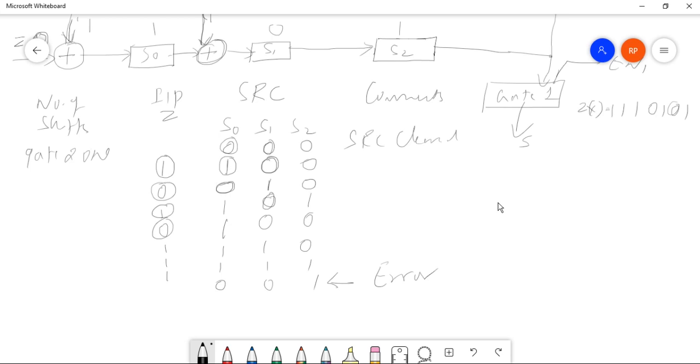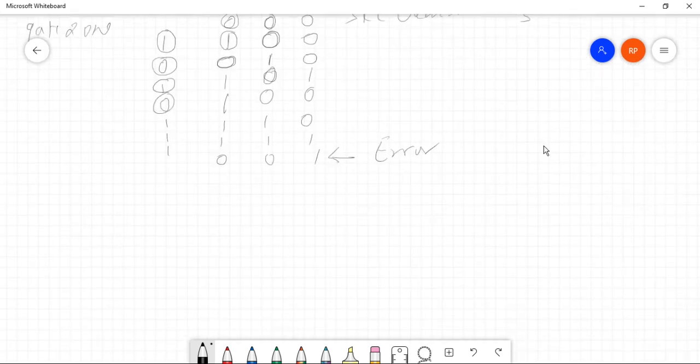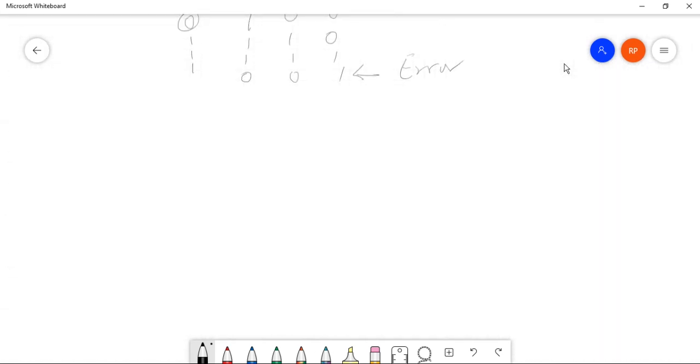Okay, then we have understood that there is an error, but how to remove that error? Let us understand that. To remove that particular error, we have to take the help of g of x. Once you take the help of g of x, then we can understand how to detect the error. We have come to know that there is an error, but we have to detect as well as correct it, right? So let us understand how to do it with the help of g of x.